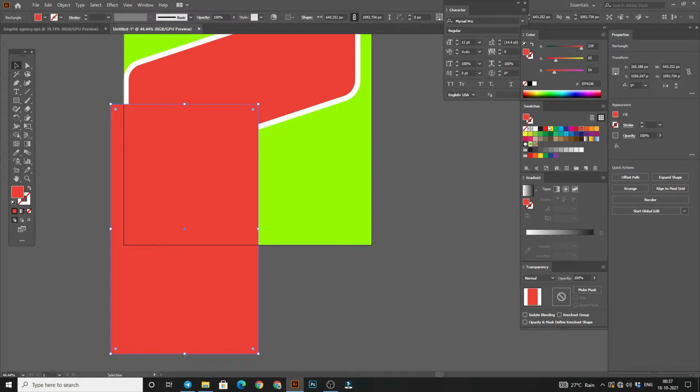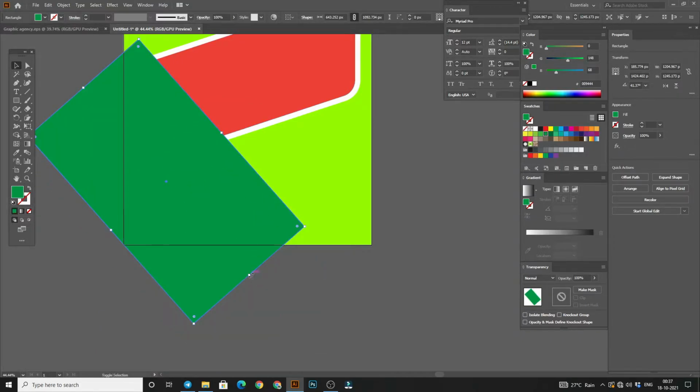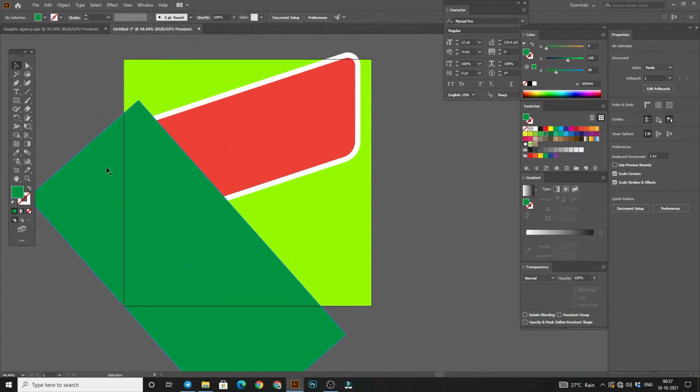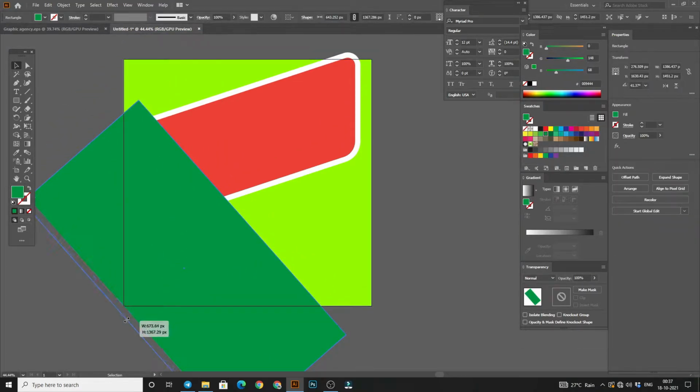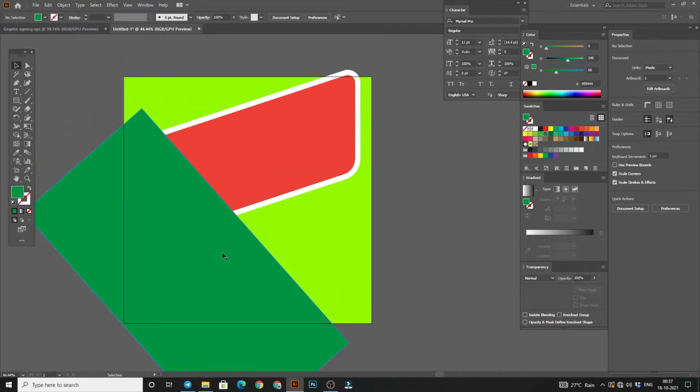So I'm taking green color here. Now rotate it like this, increase this rectangle from here and from here, and make it settle down a little bit. Now I think it is looking quite good.